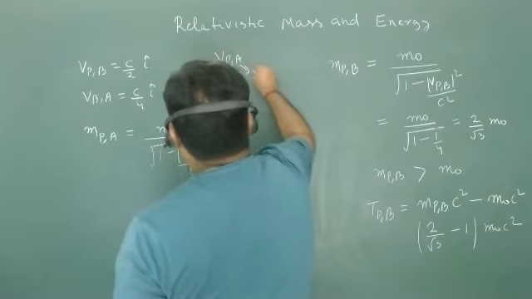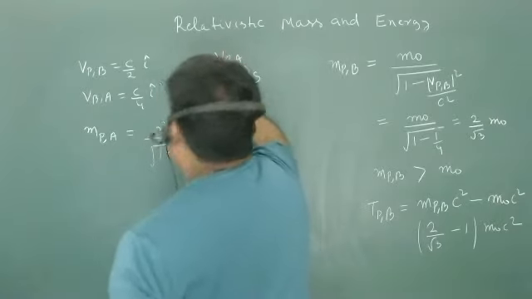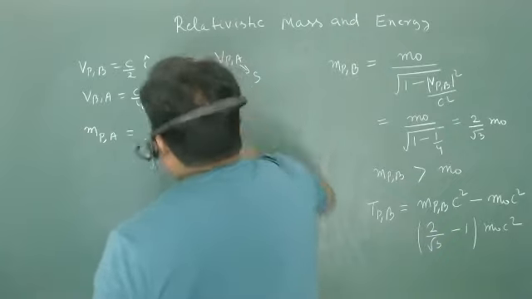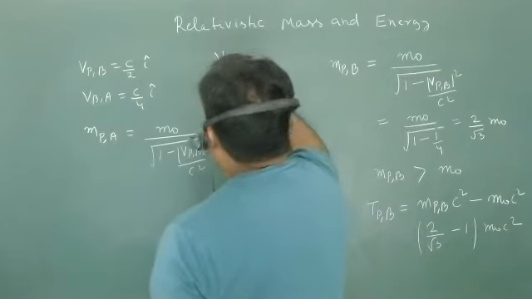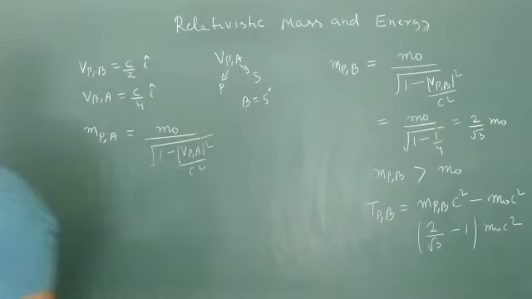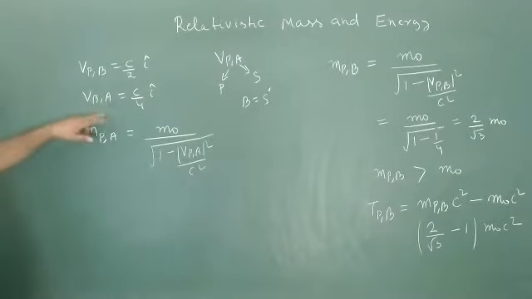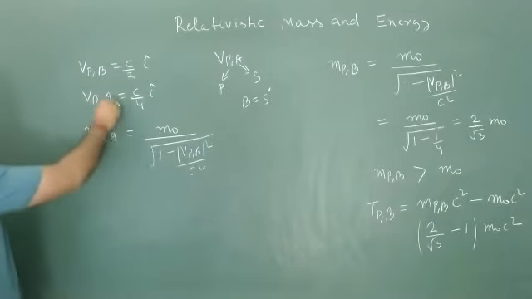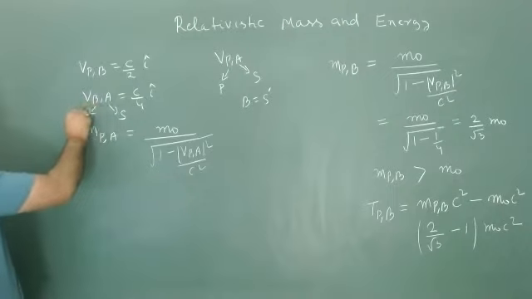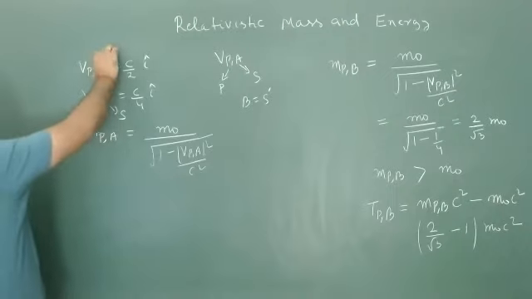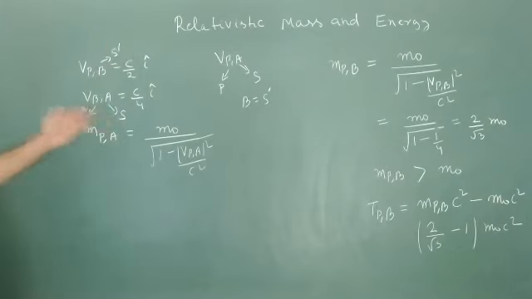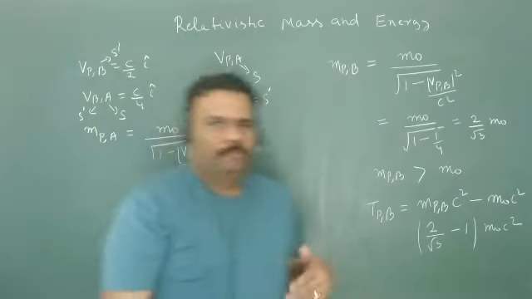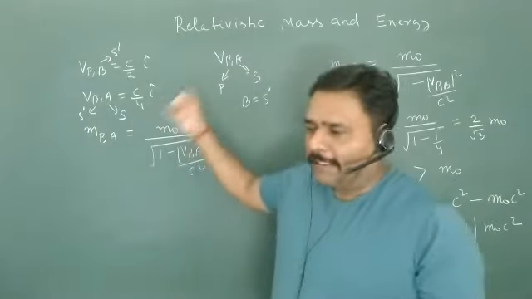That means I can put this as my S frame. This will be my particle. Then what will be my S dash frame? Then B will be my equivalent S dash frame. So when you put B as your S dash frame, then this is my particle. Sorry, this is my S frame, and this will be my S dash frame. This is my particle. So we have all the notation here. And I think we did the same problem in the second or third class, isn't it?